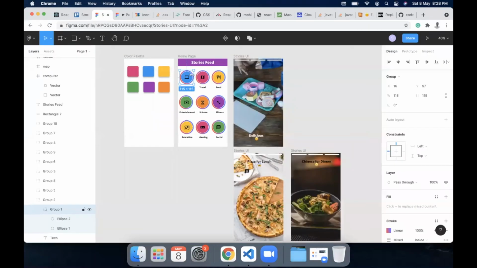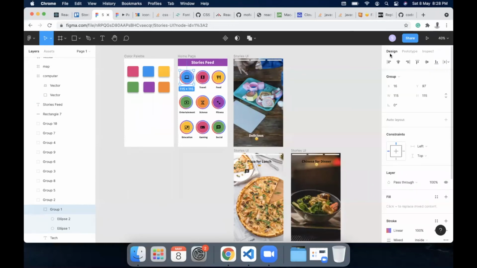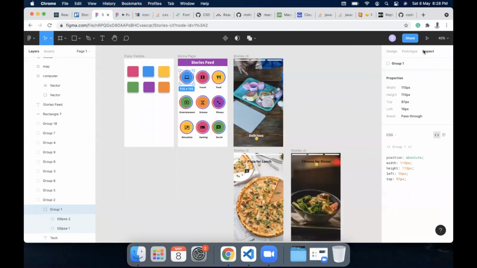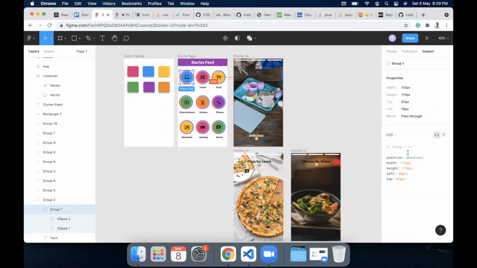Now there is a gradient which we are using here. If you want to use this gradient, what you can do is switch from design to inspect code, and you will find the property for this border as well. If you click on these three icons, you will see the linear gradient which we are using, and I think we can get the code for it as well.